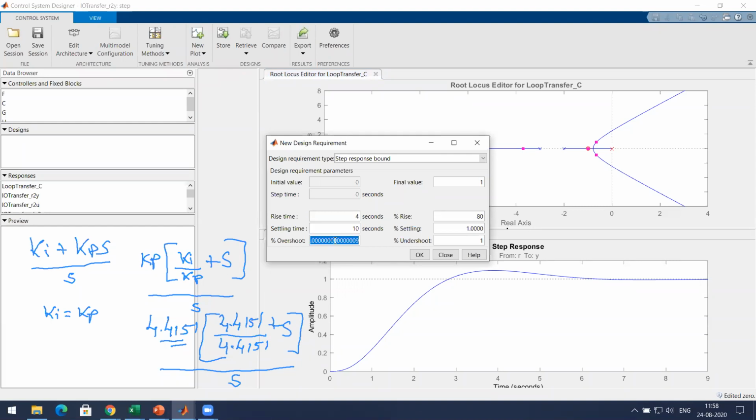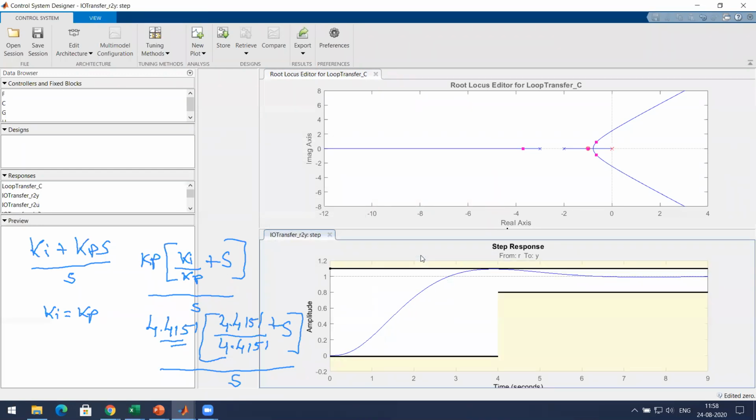The percentage overshoot can be 10%. I'm okay with this. Now what will happen? You'll get this. The rise time should be 4 seconds, and the rise time is now within this, correct?